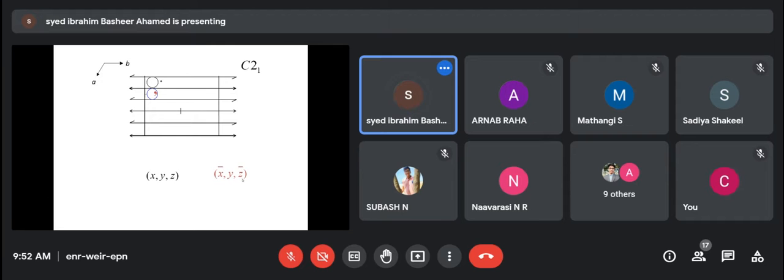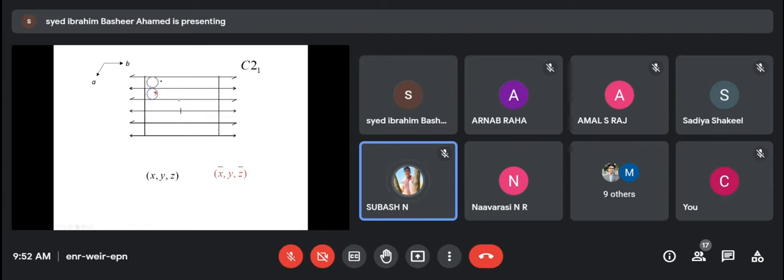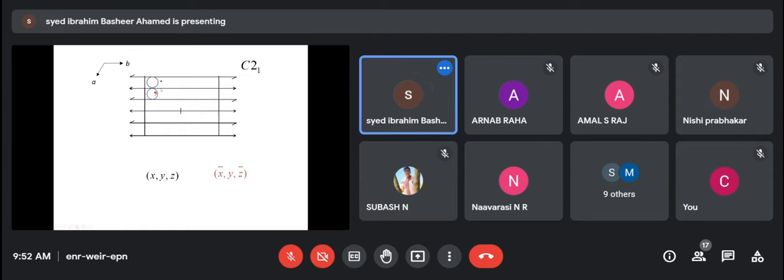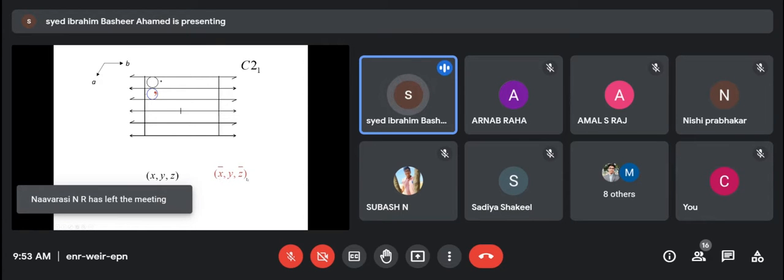That's all. Now, for a moment, we are talking about C21 only, where we have a screw axis here, and I have operated only C2. Sir, you are not talking about the screw axis, sir. Don't worry, I will come to that later. So now we have applied it. Students, you are able to follow? Yes, sir. So you have applied the 2-fold rotation axis, you have the molecule here, and you brought the molecule and the equivalent equation here.